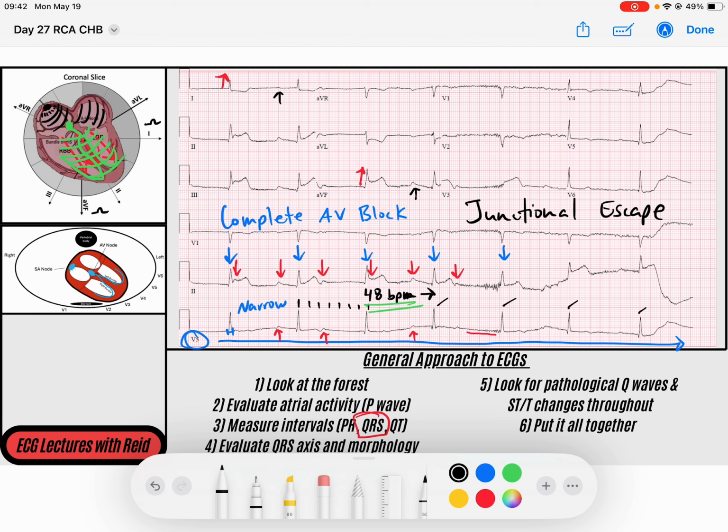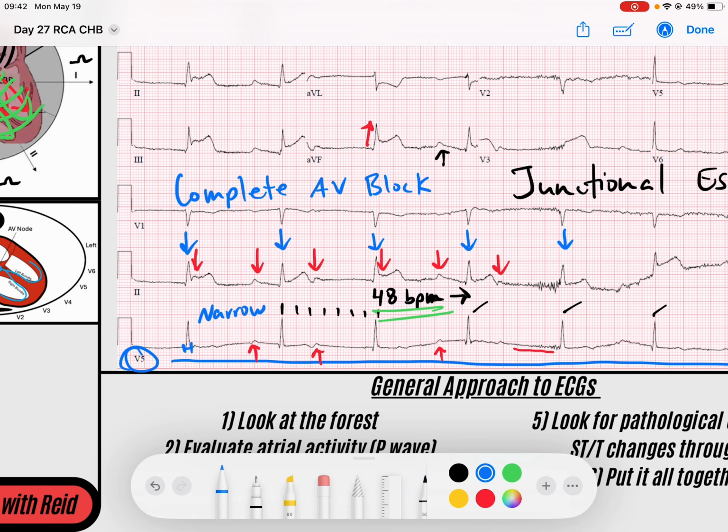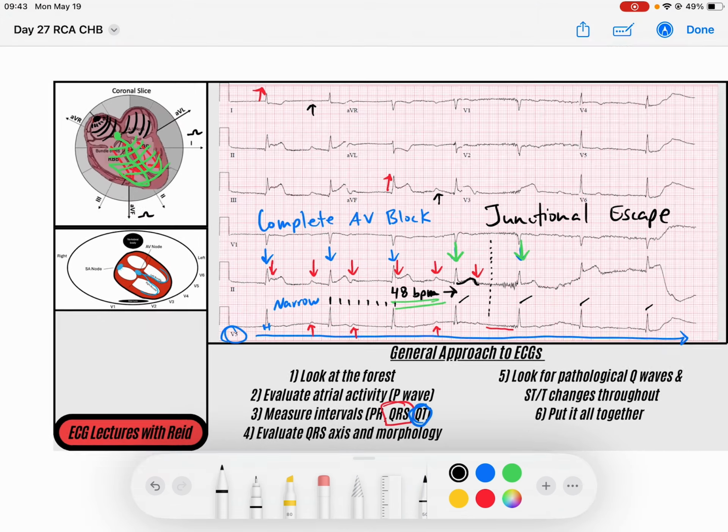So now that we've determined that this is a junctional escape rhythm, now we need to go to our QT interval. Essentially, we need to go through our phases of repolarization. The QT interval appears to be okay. Usually what I like to do is find a QRS, say this one, find another QRS, and we know that midway between the two QRS complexes, our T wave should terminate. And you can see that the T wave does terminate by the midway point. So the eyeball test is working for this scenario. So we have a normal QT